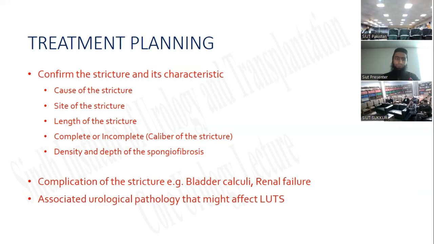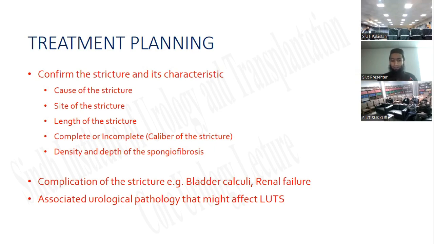When to plan or how to plan for urethral strictures, the surgeon has to identify the cause of the stricture. If it is a UTI, the management might be delayed or staged or different. The site of the stricture also decides the managing option, like anterior urethra or posterior urethra. They might differ. You should do DVIU or dilatation or urethroplasty. These three things differ according to the location of the stricture and how much the length of the stricture